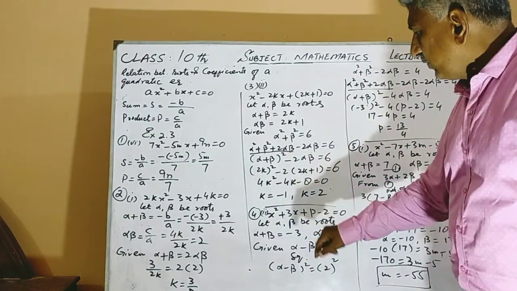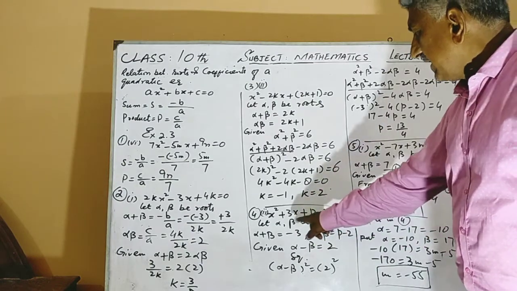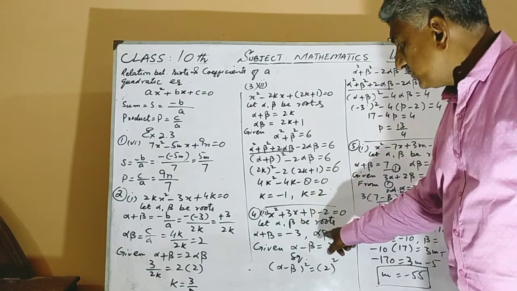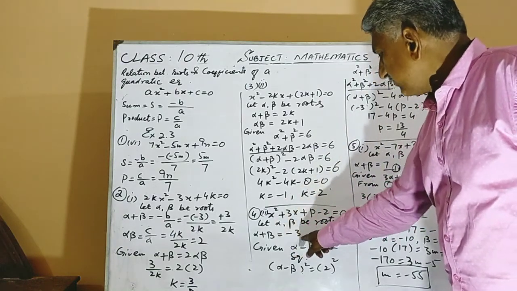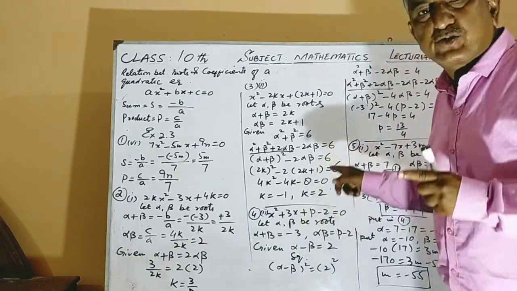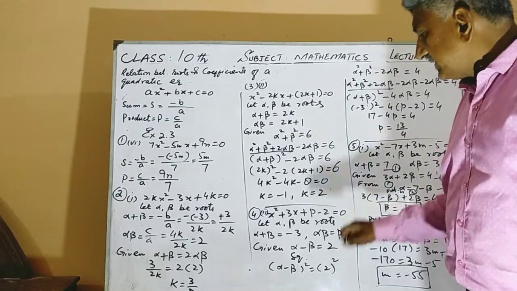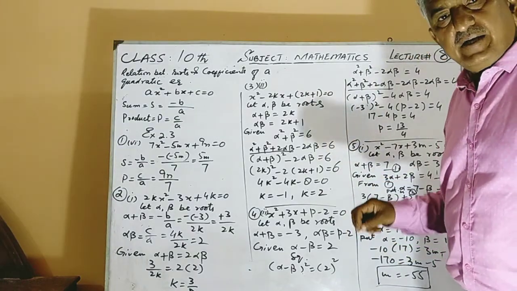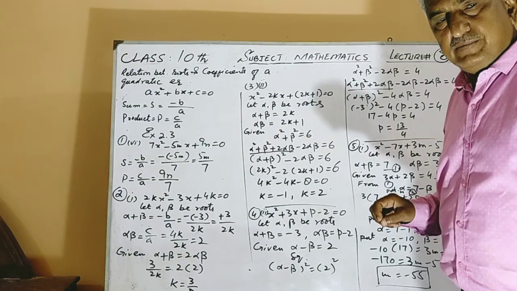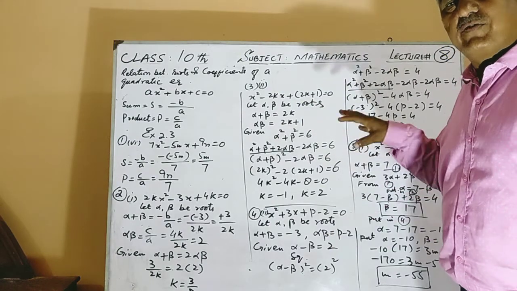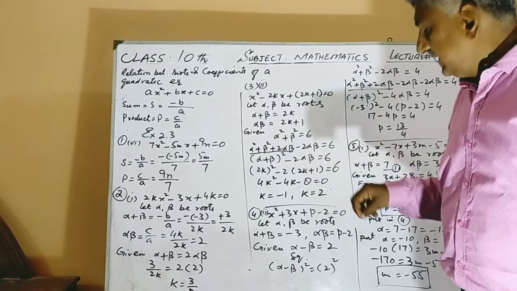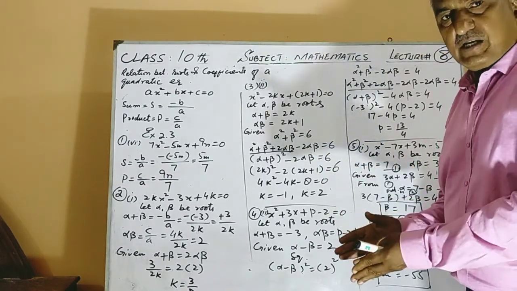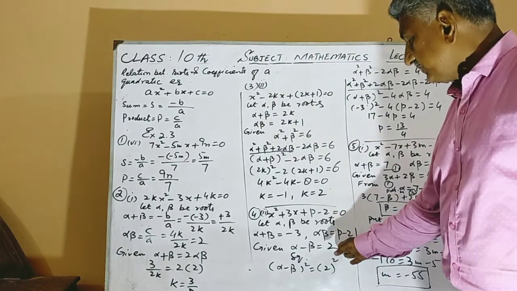Now, in question 4, part 2, we again have a quadratic equation. Let alpha and beta be the roots. Alpha plus beta is minus 3, alpha beta is p minus 2, and in this case, the given condition is that the two roots of the equation differ by 2. It means alpha minus beta is equal to 2.